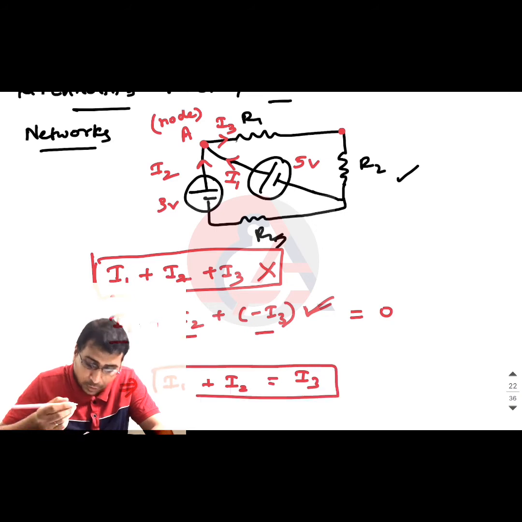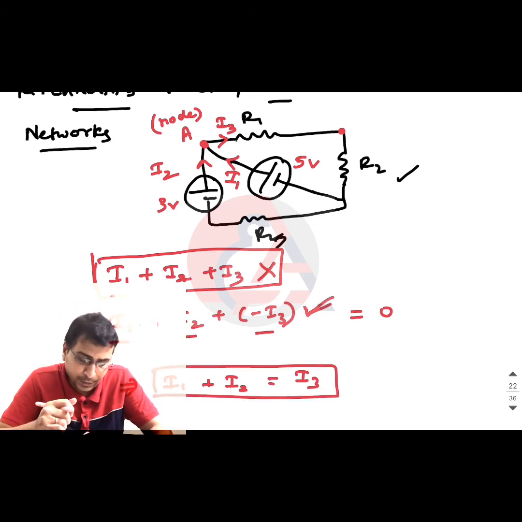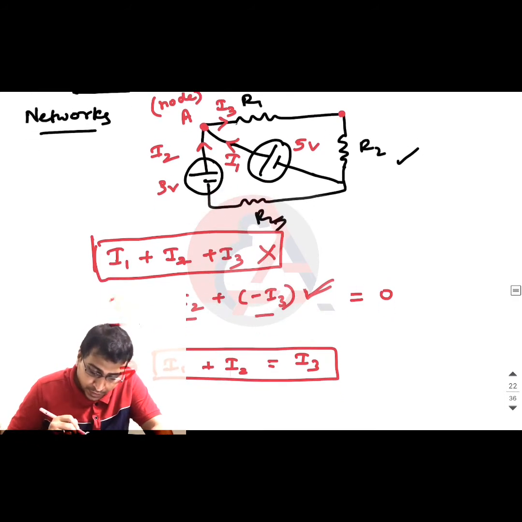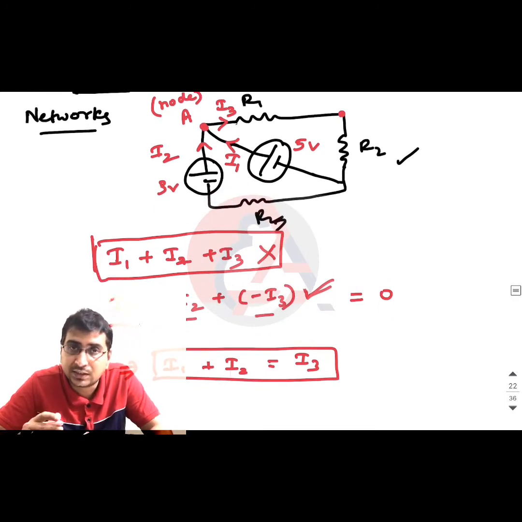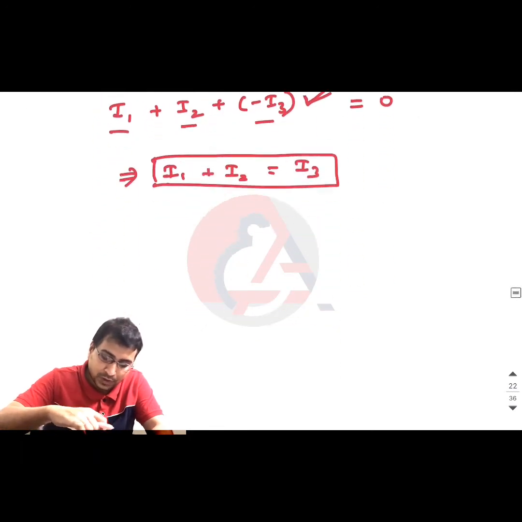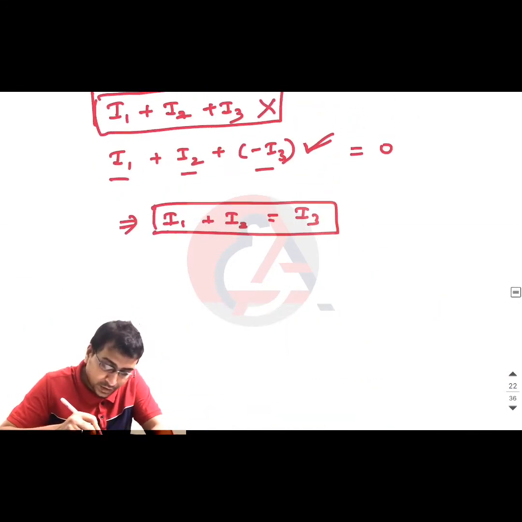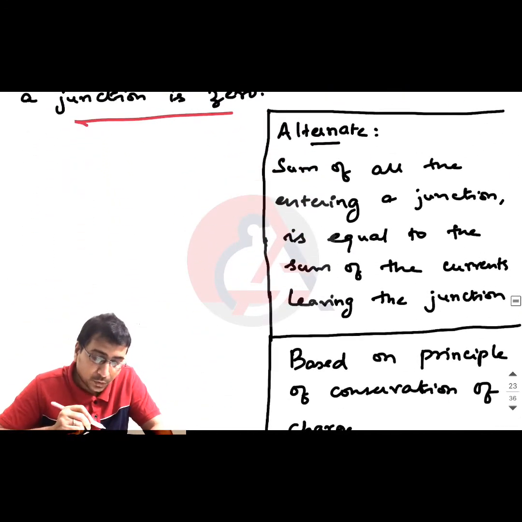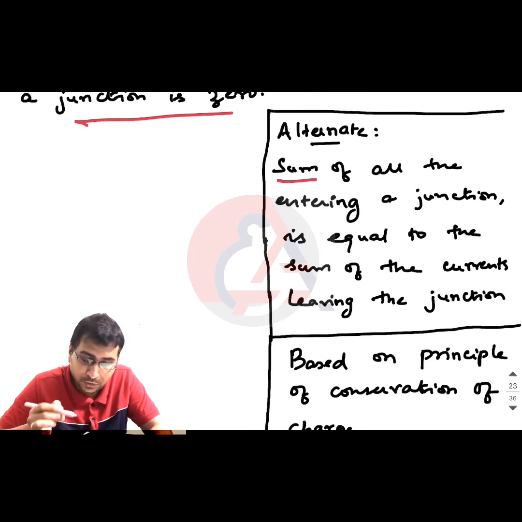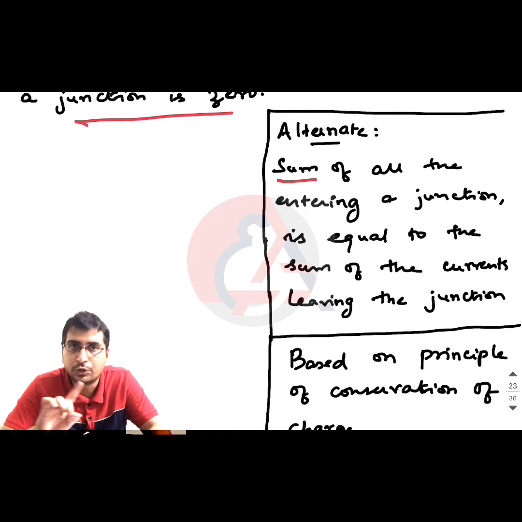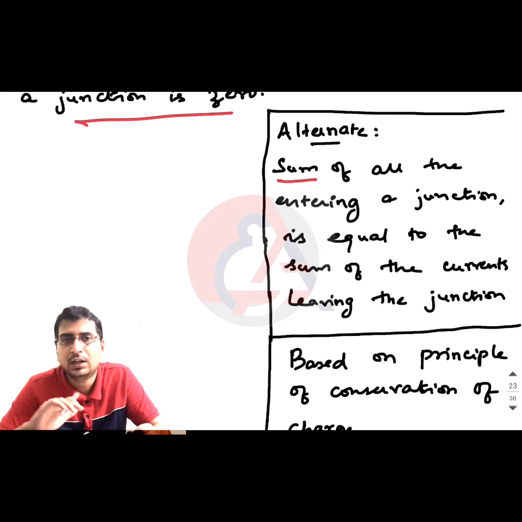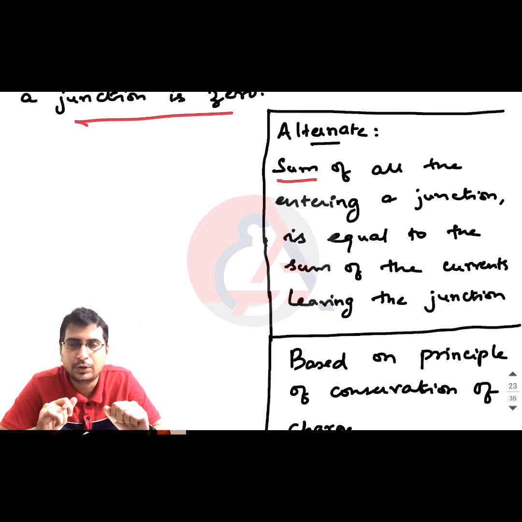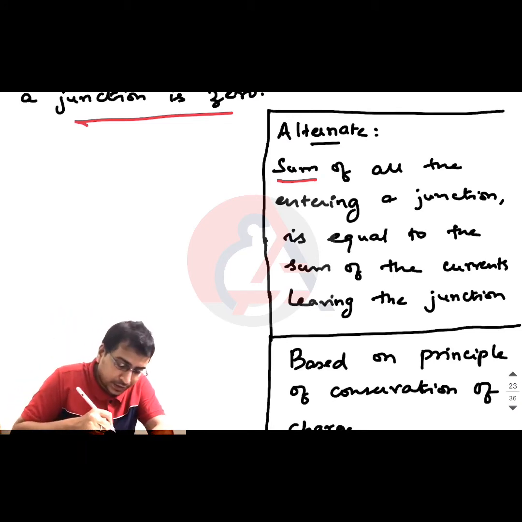So from this we can also frame an alternate definition. What is going to be the alternate definition? It is like this. I1 and I2 are the currents reaching the junction. I3 is the current leaving the junction. For the first statement we have already written the expression, and from that you are getting another idea. What it states is that the sum of all the currents entering the junction is equal to the sum of all the currents leaving the junction. Here I am not using the word algebraic because entering will have a particular sign and leaving will have another sign. So that itself will take care of all the sign factors and you can directly write the expressions.